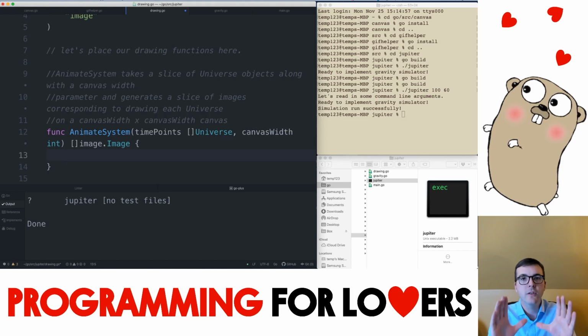But I want to draw it on a small canvas. And so I need to do a scaling of that huge universe down to a canvas that may be 500 pixels by 500 pixels. That winds up just being algebra. And it's another example of, I want to worry about it right now so badly. But instead, why don't I just make a slice of images